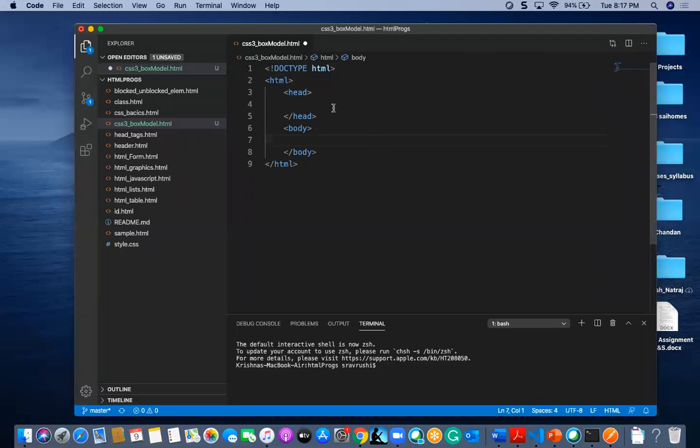In this body and header I am going to have a heading like box model, and in the body I am going to give some div, and some text in this, some countries I will give.